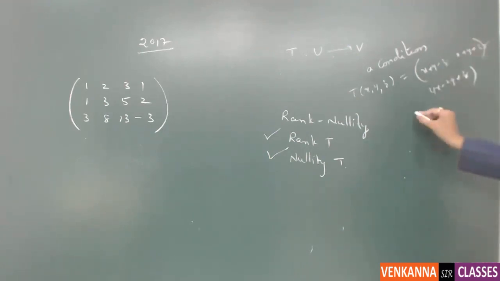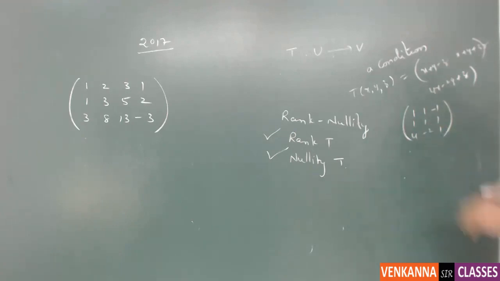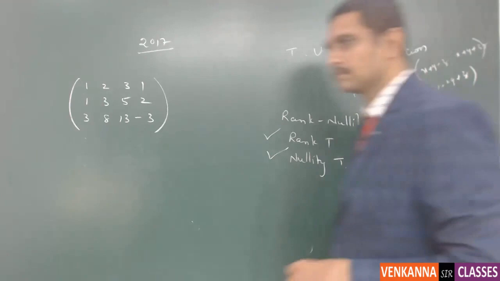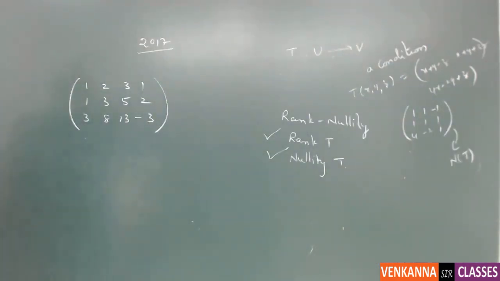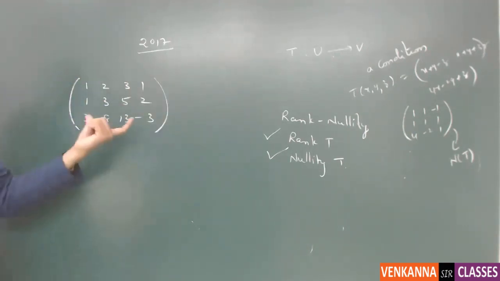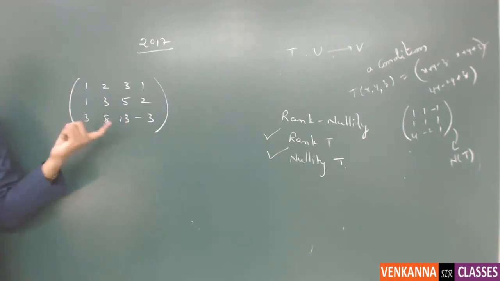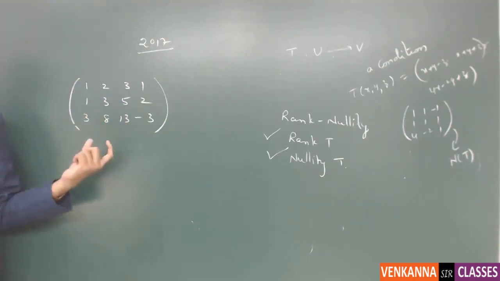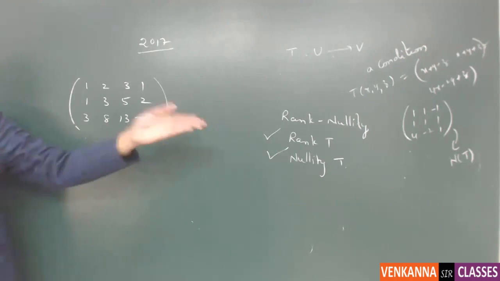Then we write them as a matrix model, and from this we calculate the null space. That is what we do while calculating the null space of the transformation. Since the matrix is given straight away here, there is no need to know the condition of T. For this transformation, straight away apply row operations, and from that calculate the solution, which is nothing but the null space